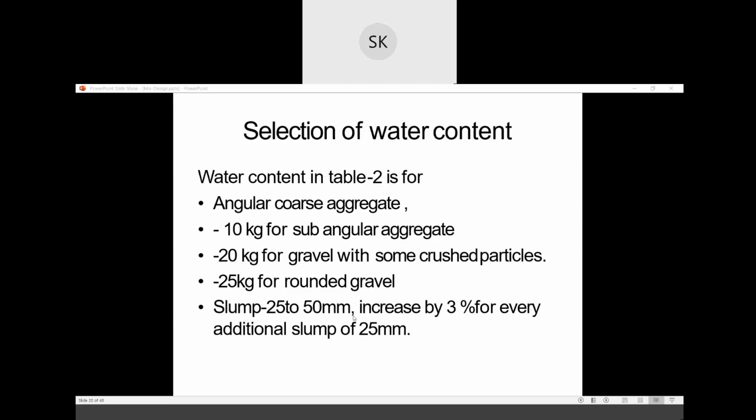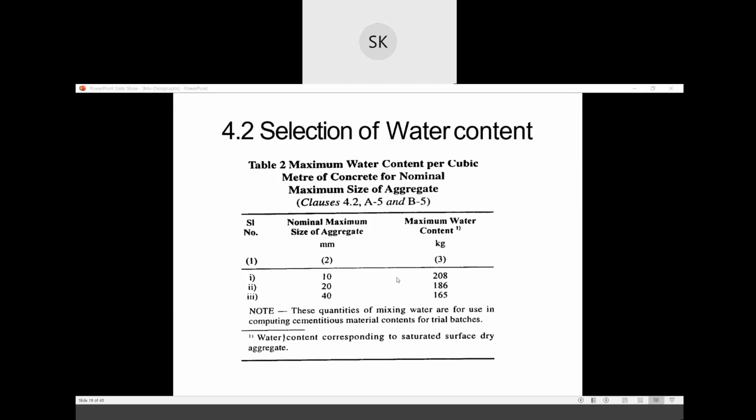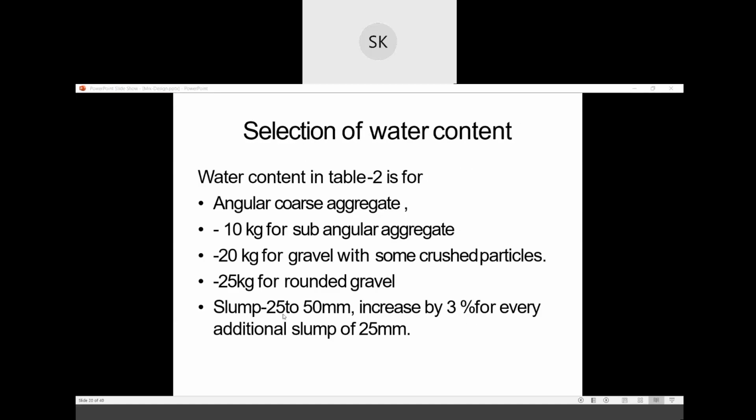Slump 25 to 50 increases by 3% for every additional slump. You have to increase 3% for every additional 25 mm. This table is for a slump range between 25 to 50. Suppose you have been given a 75 slump range, meaning that if you do a workability test on the concrete, you should get a slump of 75.